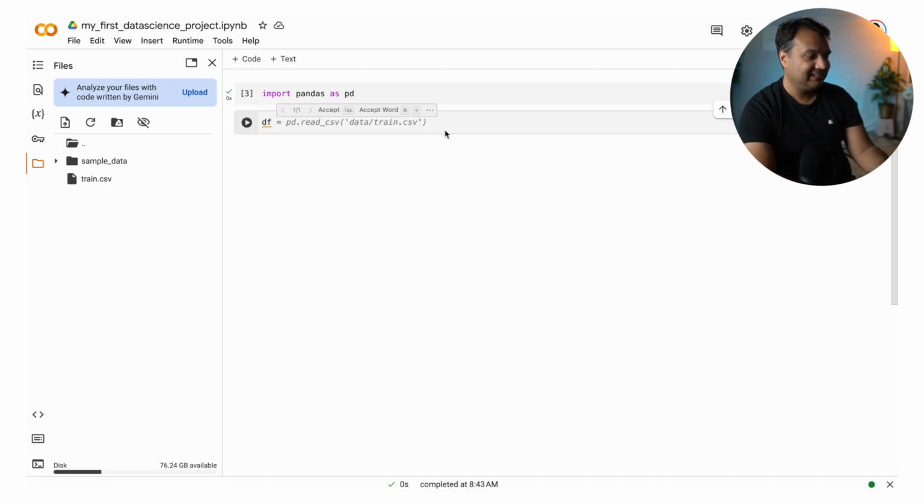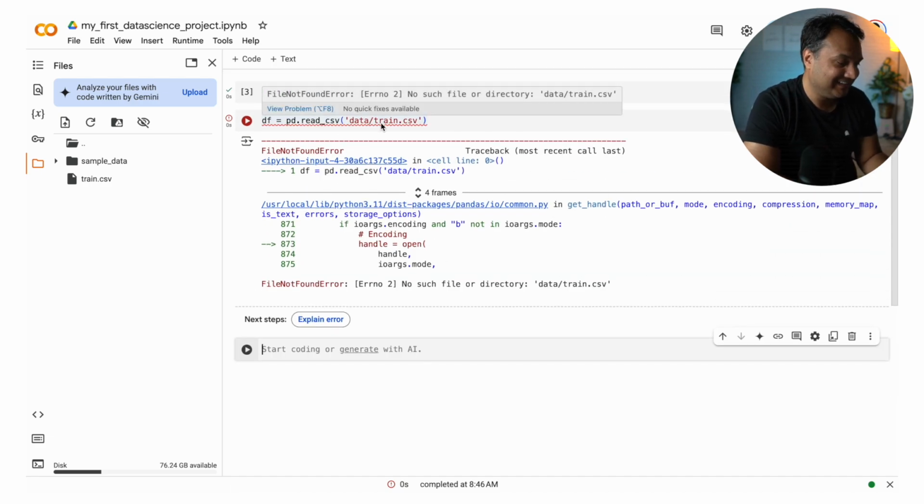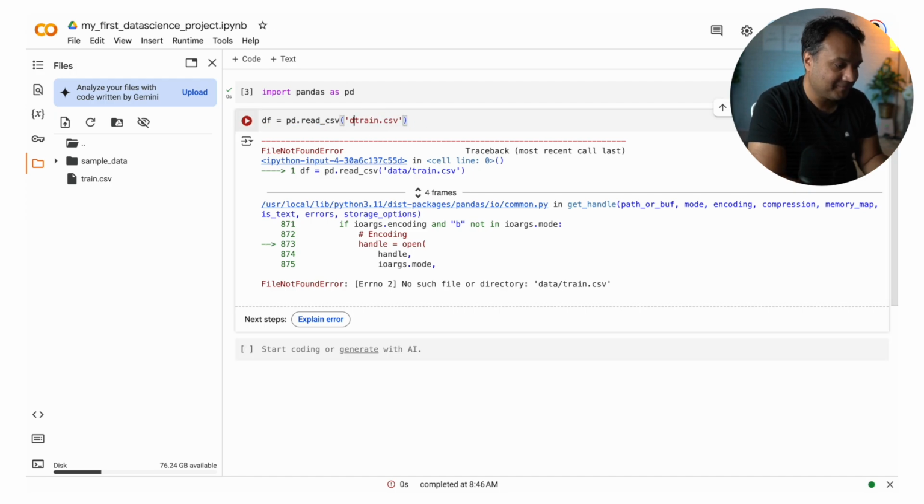If I hit tab and enter, it says no directory data, because there's no data directory. It is just train.csv. So it can make some mistakes. Actually, let's see if it can self-resolve it.